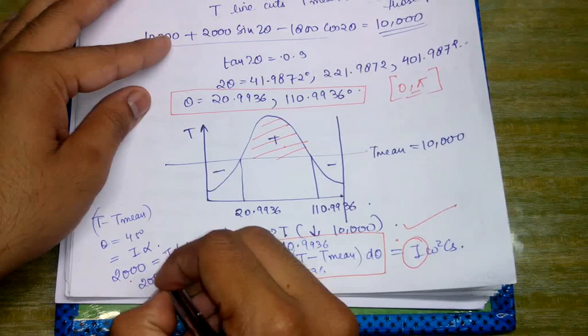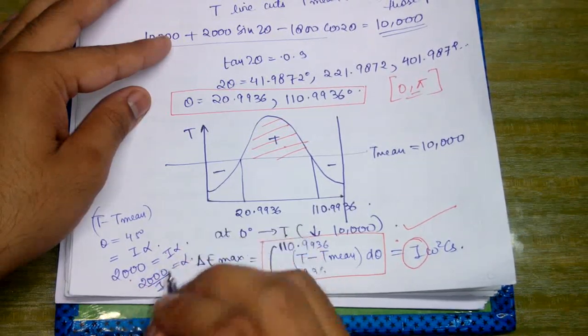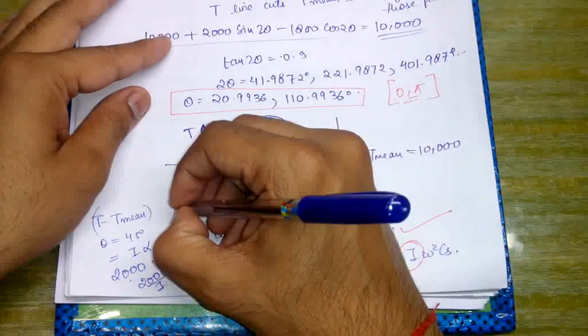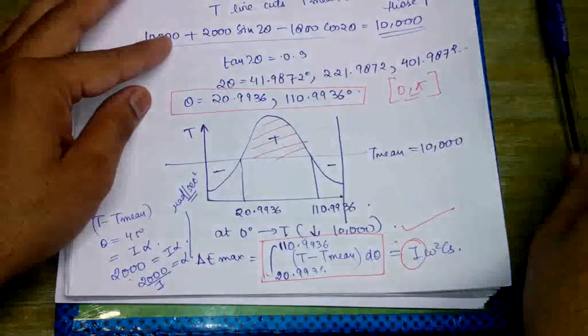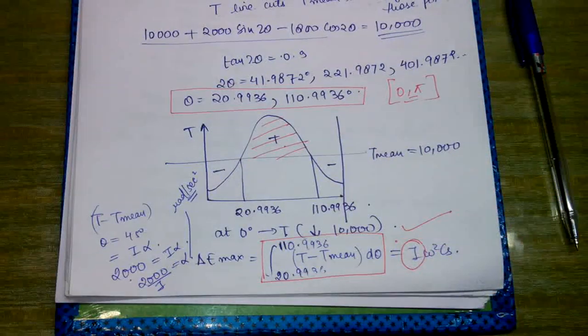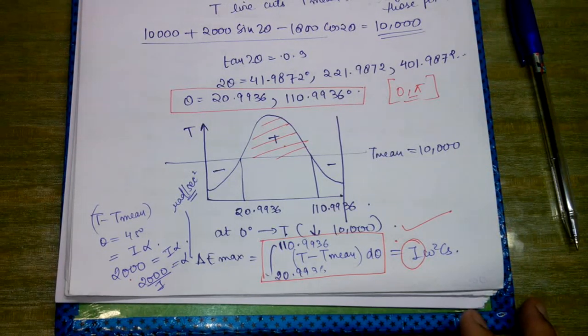So 2000 upon I would be equal to alpha, and the unit would be radians per second square. Okay, so this was the problem that was asked in IES. Now we will start with the new topic, that is the requirement of flywheel